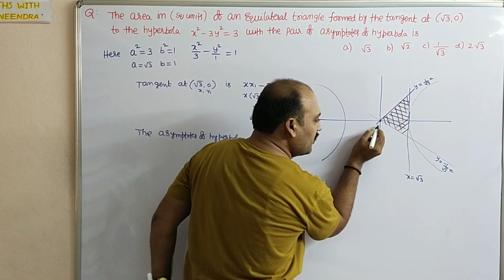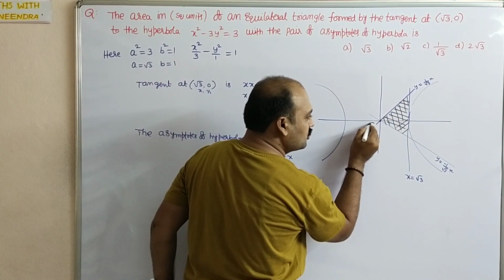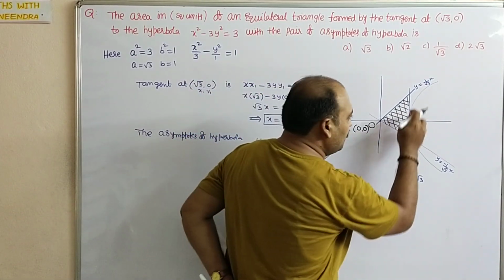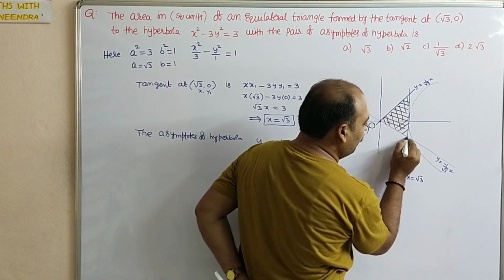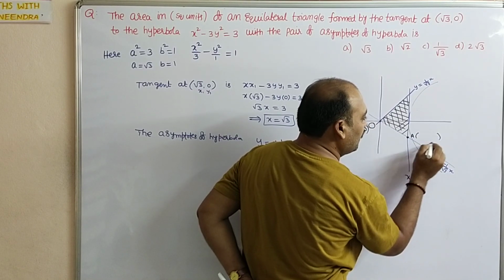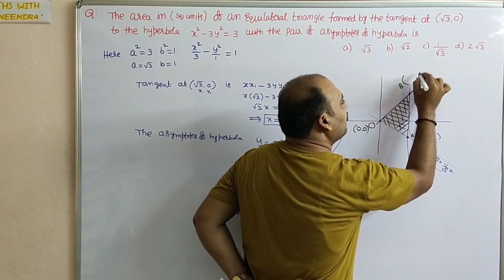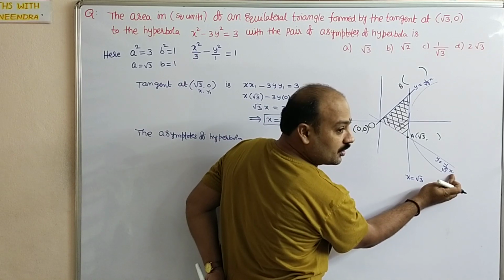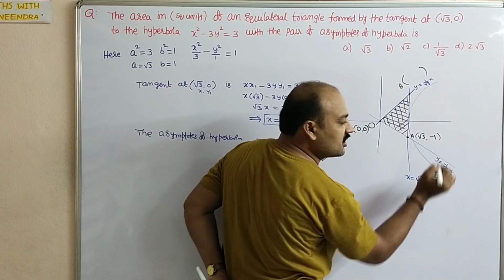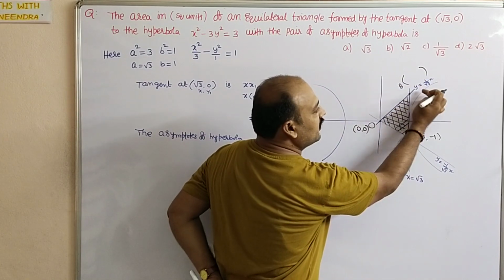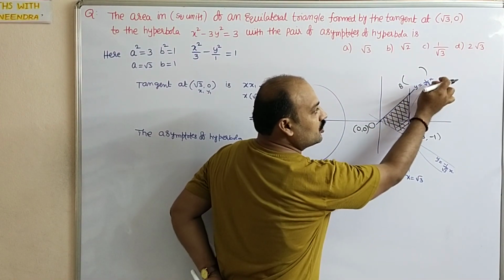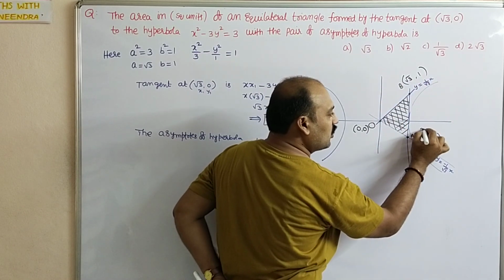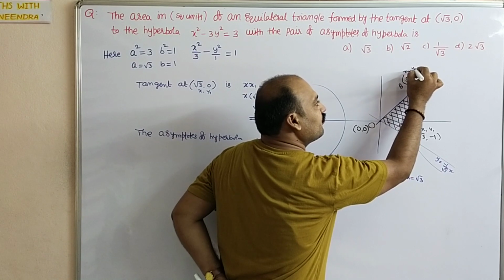So this point of intersection is obviously the center of the hyperbola and also the origin here. Solving these equations, x is equal to root 3 and y is equal to... this point of intersection I am taking as A, this point I am taking as B. See, x is equal to root 3. Substitute here, root 3 gets cancelled, so y value is minus 1. X is equal to root 3 line, substitute in this line, root 3 gets cancelled, y value is 1 and x is equal to plus root 3. This is x1, y1, this is x2, y2.